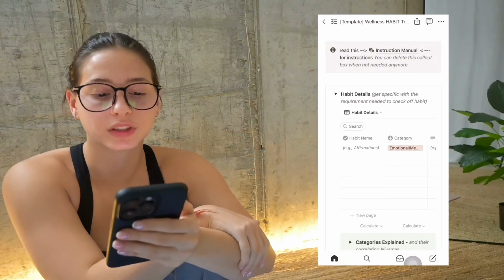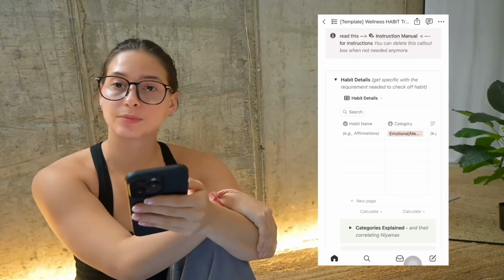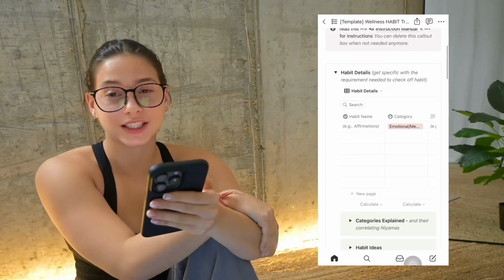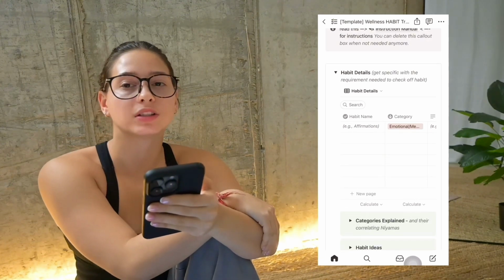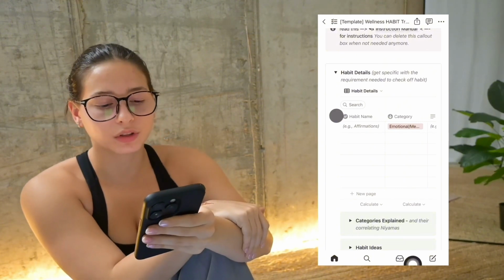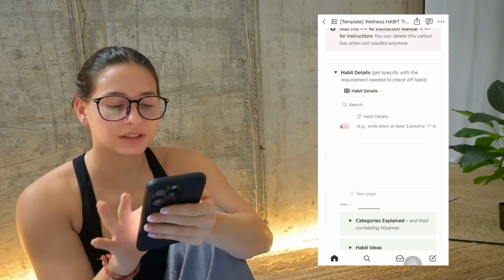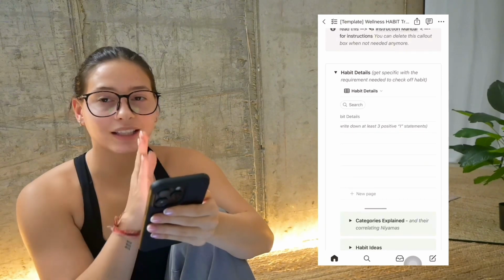We're going to get specific with the requirements needed to check off the habits, and we're also going to get specific with the category. This template was made with the wisdom of the niyamas. The niyamas are the personal principles within the yoga philosophy. Under name, you can write down the habit that you want to do. Here in category, there's 5 different categories, and then in habit details is where you write down the clear details